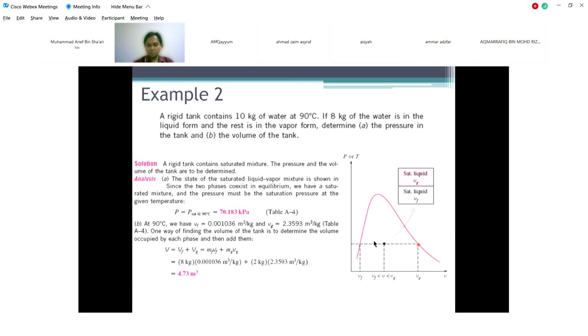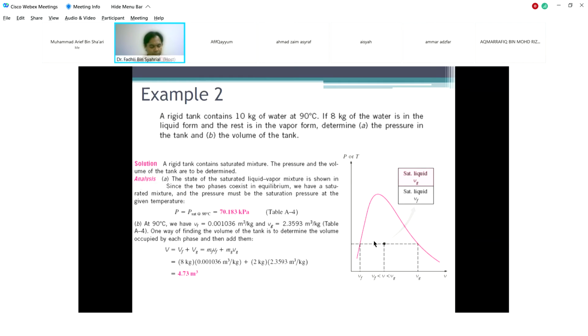Next, at this point, this is saturated vapor. So draw another straight vertical line to the v-axis and name it as vg. I think this is the clue that can be transferred from step number 1 to step number 3 to our PV diagram.